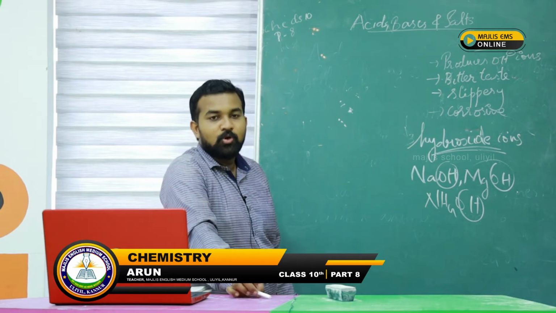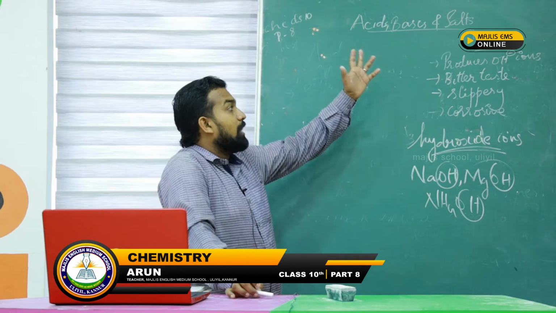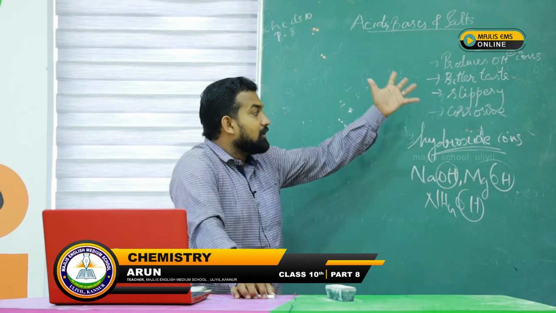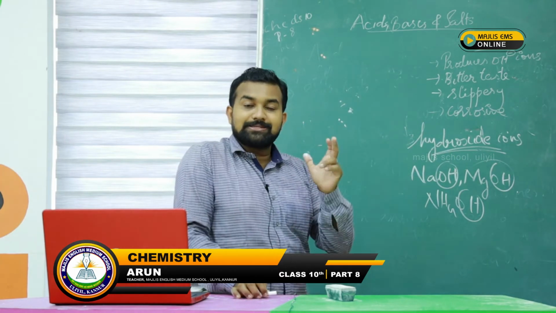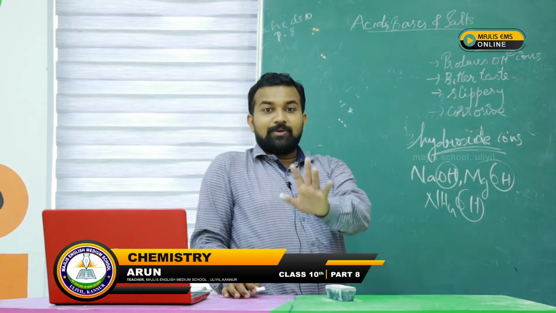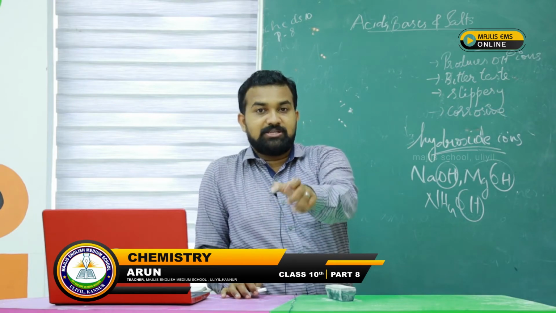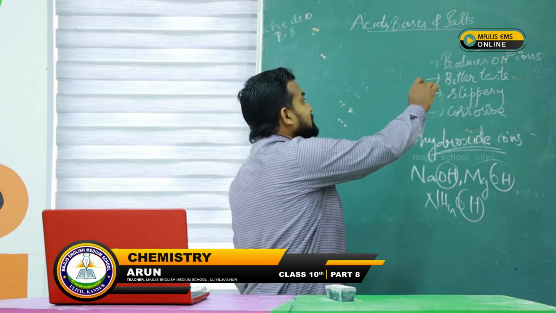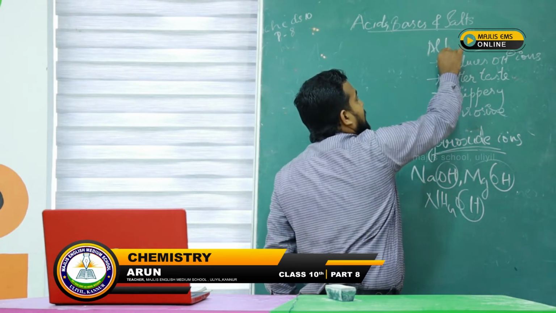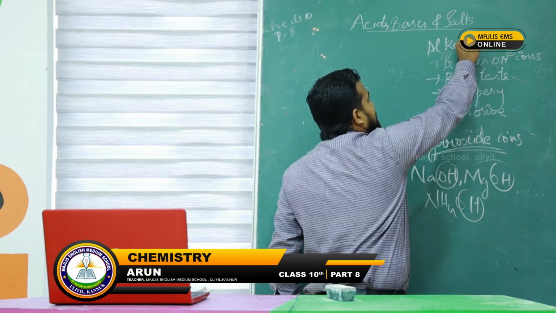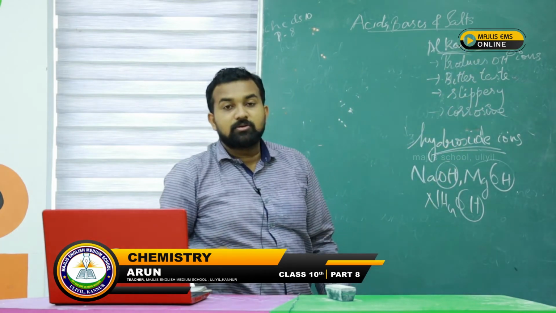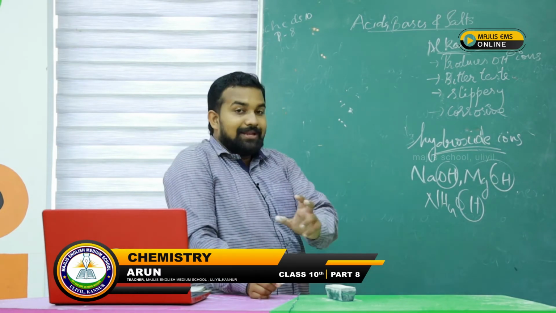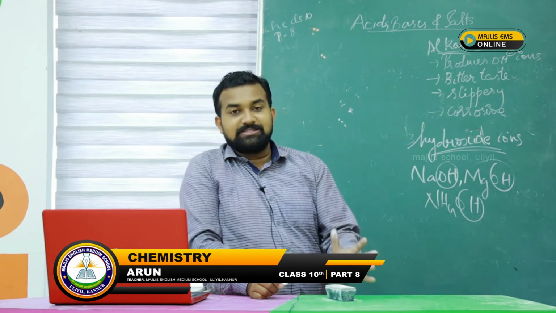Is that clear? So acids and bases, and also we know bases are bitter in taste, they are slippery, the soaps are slippery. And also they are corrosive. Acids and bases both are corrosive, but you may think that acid burn is very dangerous. It is dangerous, but even more dangerous is alkali burn or base burn. Base is also called alkali. Clear? So alkali burn is even more dangerous than acid burn.